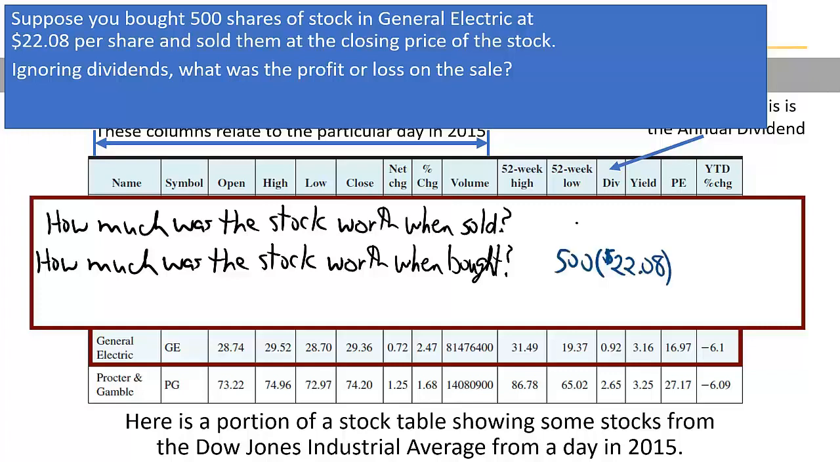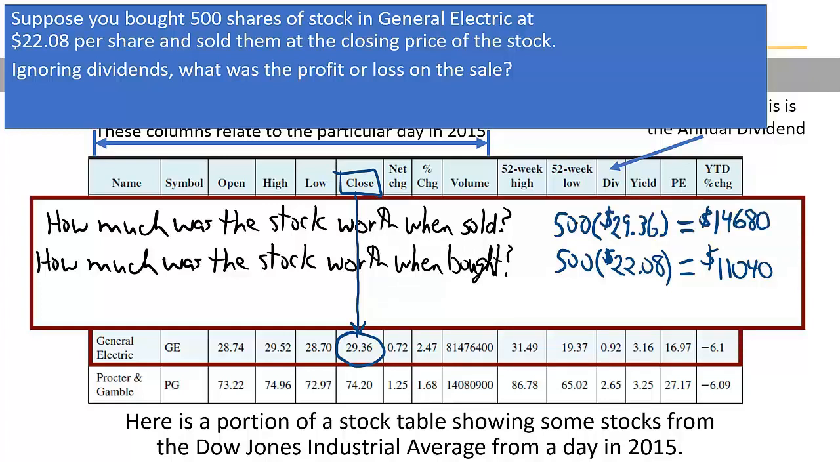Well, it told you you bought the shares at $22.08 per share, and you bought 500 shares, so obviously 500 times $22.08 tells you that the stock was worth $11,040 when you bought it. Well, how much was it worth when you sold it? It's still 500 shares of stock, but you need to know the selling price, and that's where you have to look in the table. So you go into the table and you look in the closing column and go down to the General Electric row, and you find out that the closing price of that stock was $29.36. So that's what you sold it for. So 500 times $29.36 comes out to be